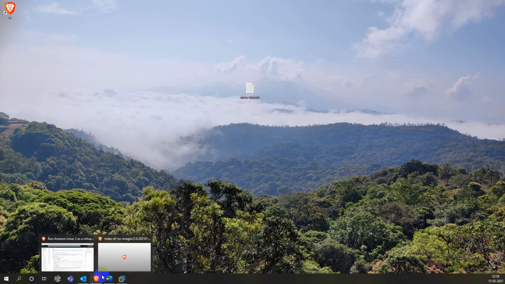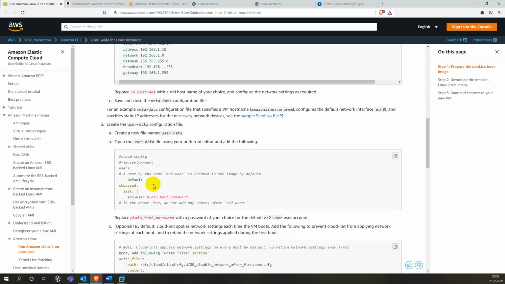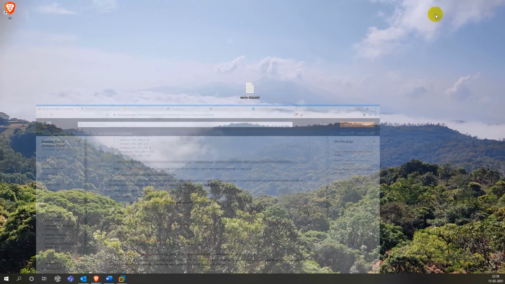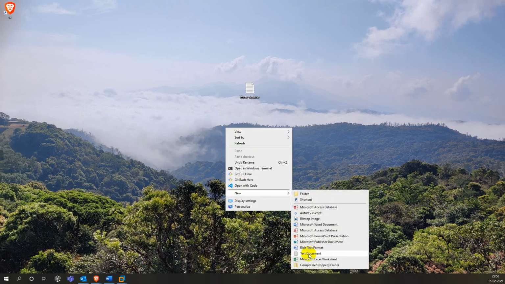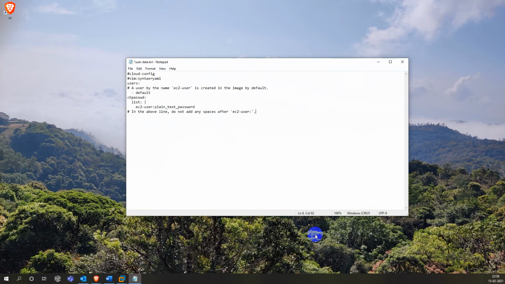Another one is user data. You see it is using ec2-user, which is the default username when we are creating a Linux instance on AWS. Just copy this. User data.